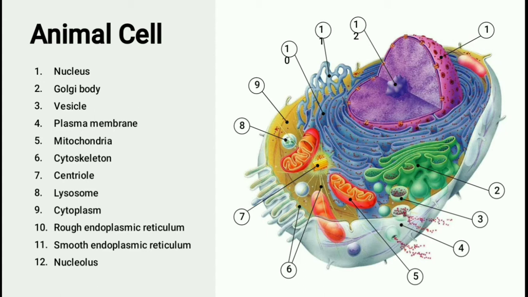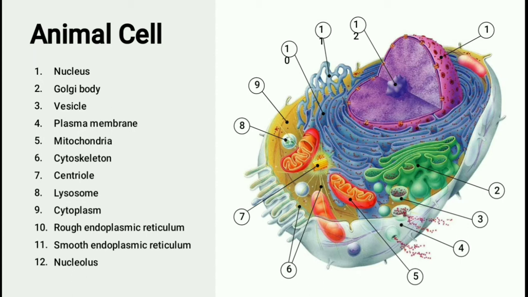We also learned about unicellular and multicellular organisms. Organisms with a single cell are called unicellular. Organisms with many cells are called multicellular. We also learned about the cell concerning its shape. Yes, cells differ in shape, they differ in size, and sometimes they also differ in their function. So that is what we have learned.